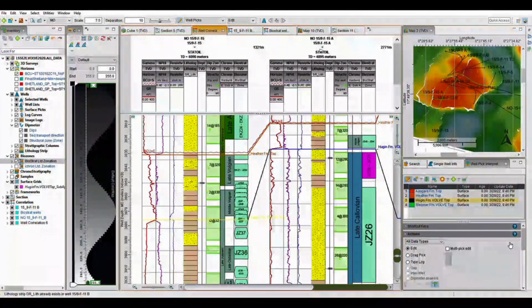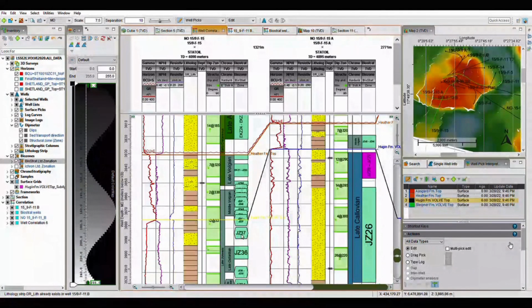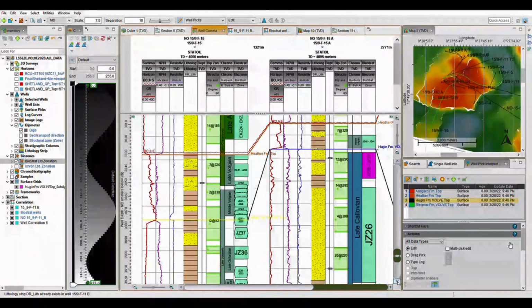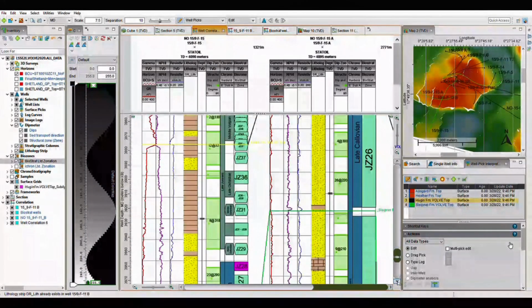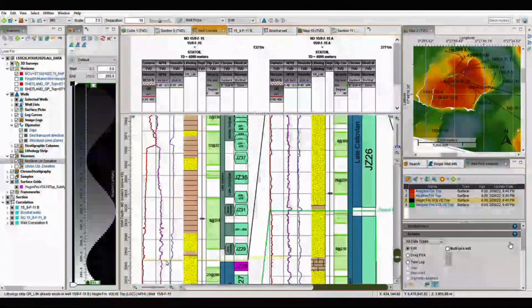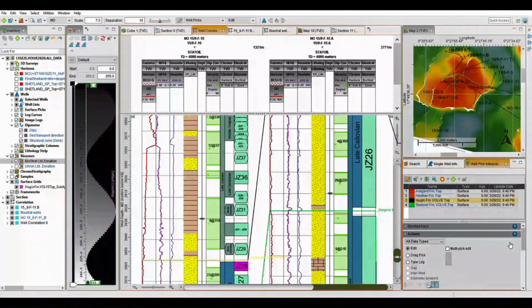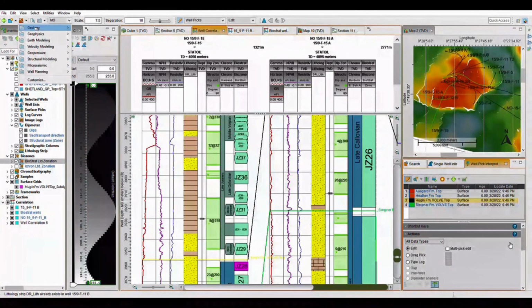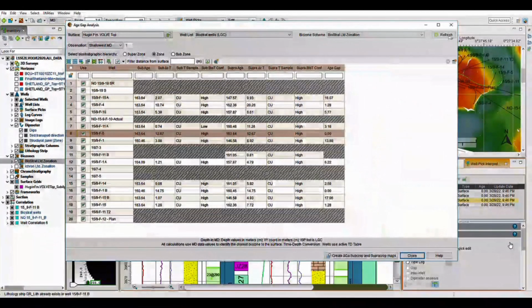So we can check well 15 in the correlation panel, and here I have highlighted the zones where the Huygens formation should be placed in pink. And even though the top Huygens is picked at the sudden decrease in gamma ray, the biostrat actually indicates that this interpretation should be deeper. So this new pick position actually ties much better with the lower gamma ray values that we see in other